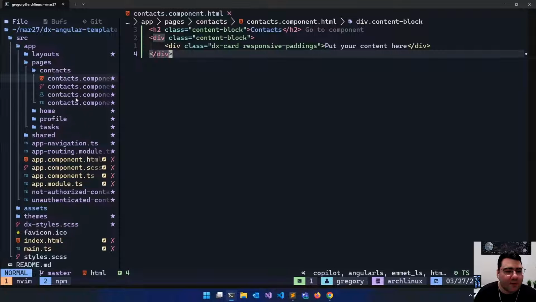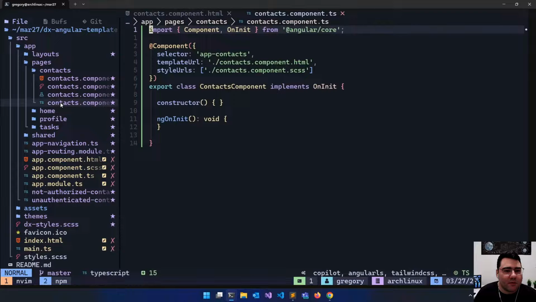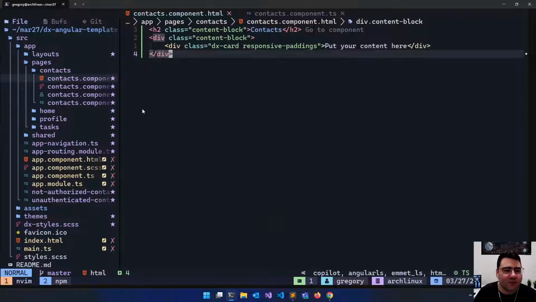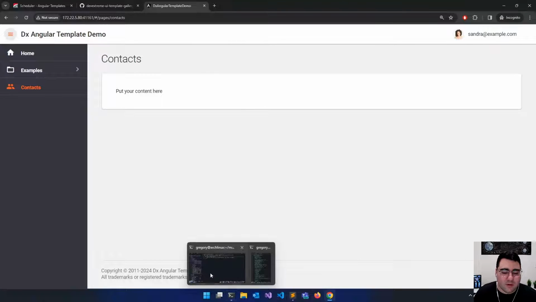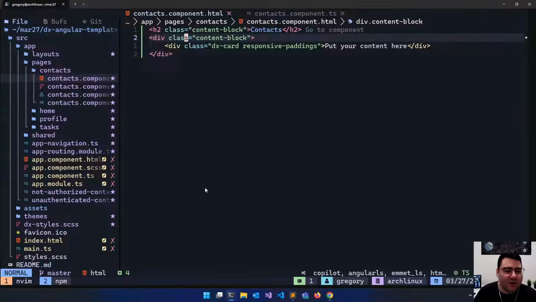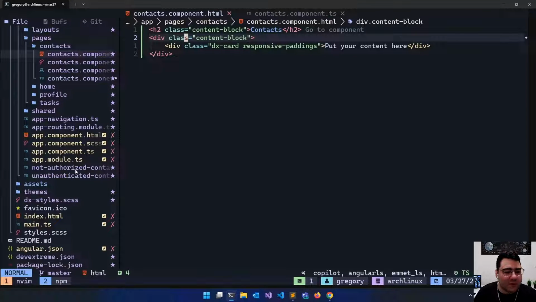And I want to open up the TypeScript file for this contacts page as well. But first, what I want to do is change the theme of this, just because I'm not the biggest fan of this. Plus, I want to show off our new Fluent Design themes that we put out with our latest release. So to change themes in this sample template app, the way we would do that is